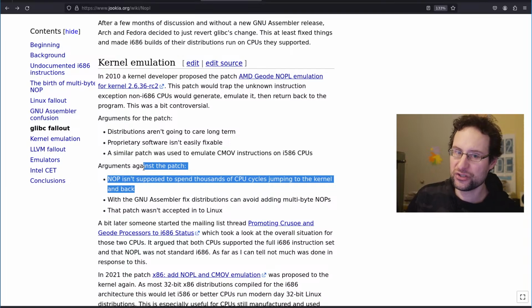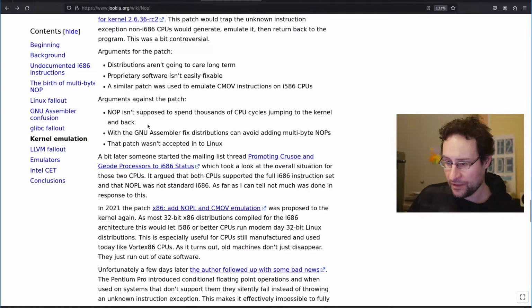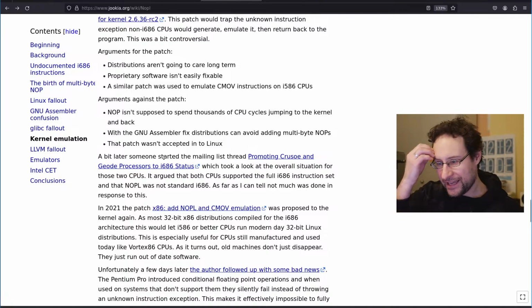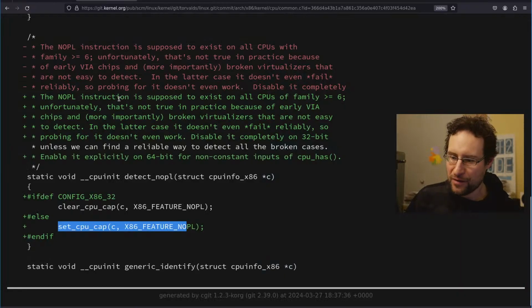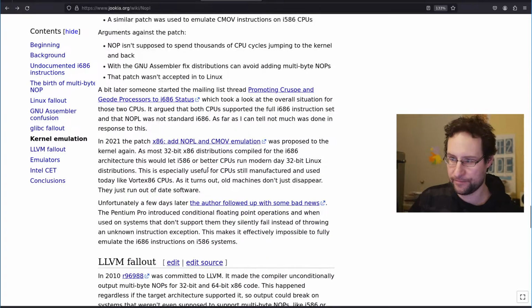You really don't want to use it. You don't want a two orders of magnitude performance penalty just because there is some stray random NOPL. You want to know and not use it, because otherwise it just hurts performance badly. With the new assembler fixed, distributions can avoid that, as T2 always did. I patched that already 15 years ago because that was a bug. And a bit later, but again, all of the stuff was not reverted. It remains disabled until this day. And very little was learned from this pointless political